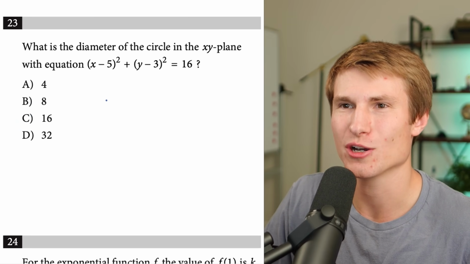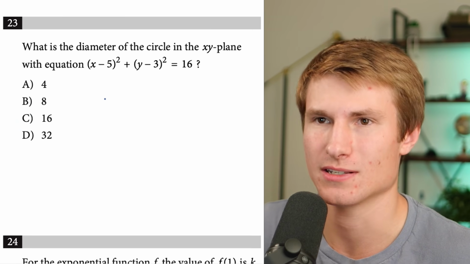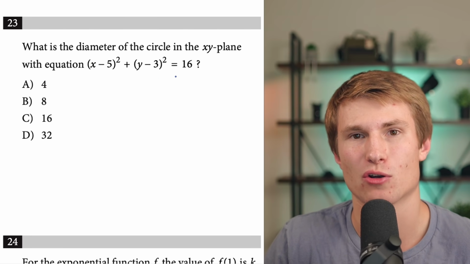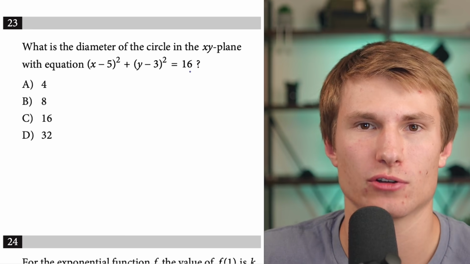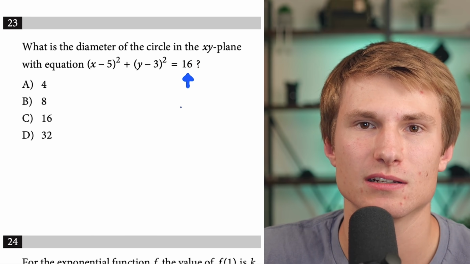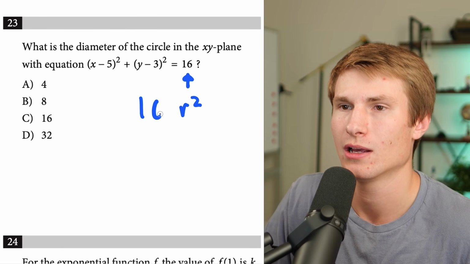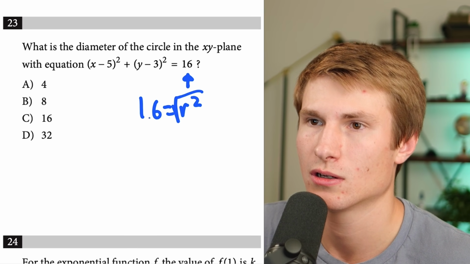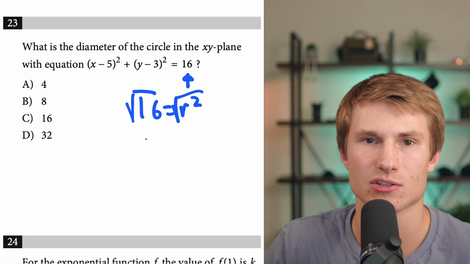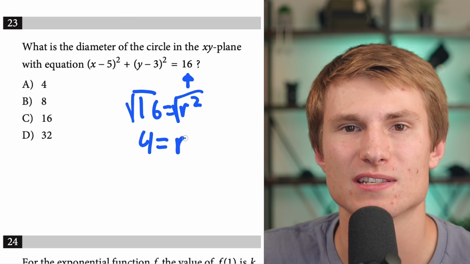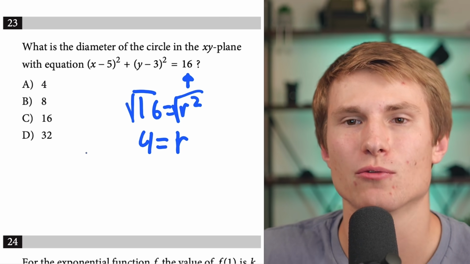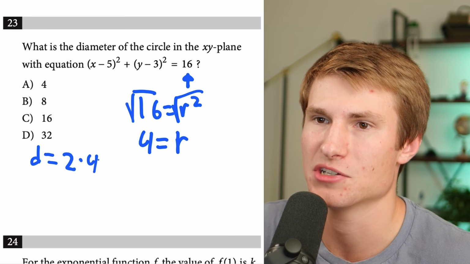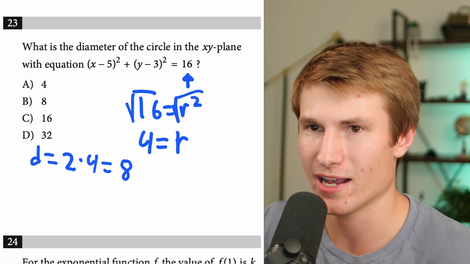Here's how to solve this question on the SAT about circles super easily. Question 23 states, what is the diameter of the circle in the XY plane with this equation? Now, if you know the circle equation, you know that this value of 16 is equal to the radius squared. All you have to do is take the square root of the radius squared to isolate the radius. The square root of 16 is 4, so 4 is equal to the radius. To get the diameter, which we'll call D, D is equal to 2 times the radius, so that's 2 times 4, which will equal 8,